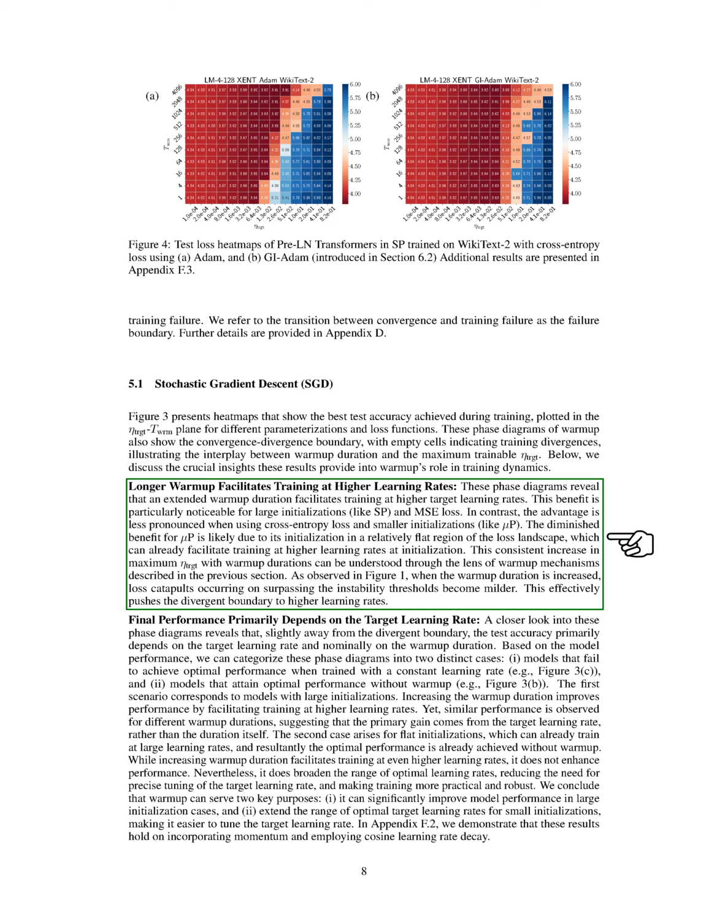We observed that a longer warm-up duration supports training at higher target learning rates, especially beneficial for large initializations and mean squared error, MSE, loss. On the other hand, the advantage is less significant for smaller initializations like μP and when using cross-entropy loss. The increase in maximum eta_TRGT with longer warm-up durations can be explained by the milder loss catapults observed as